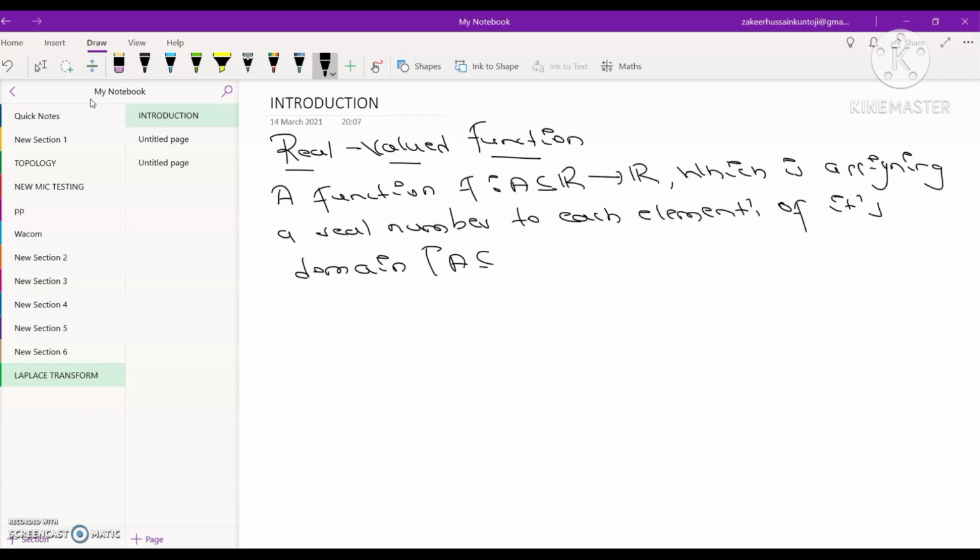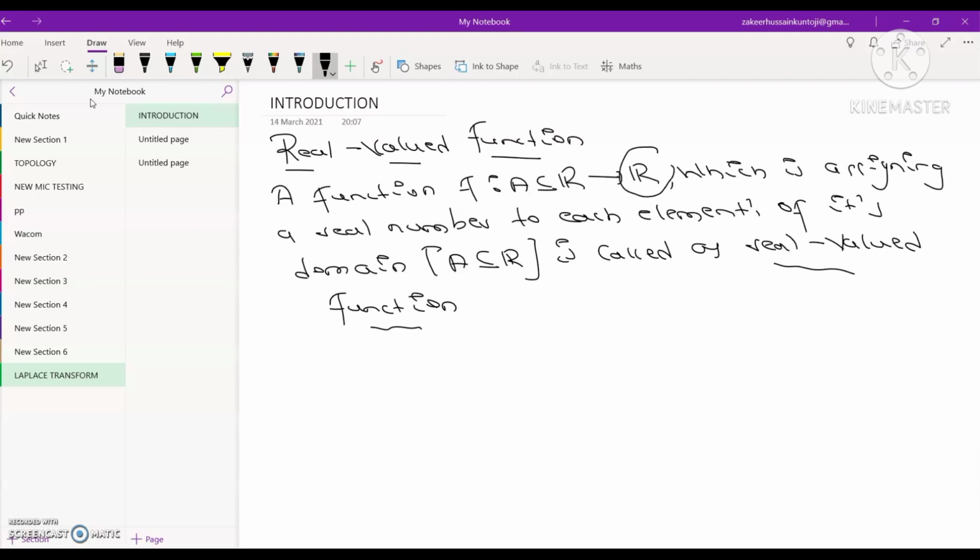That is a subset of R. Such a function is called a real valued function. It is assigning a real number because its codomain is R. Its codomain is R. For example,